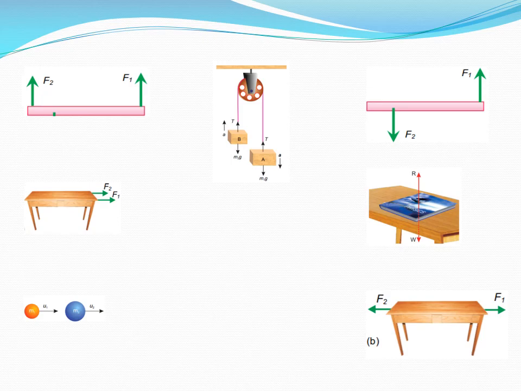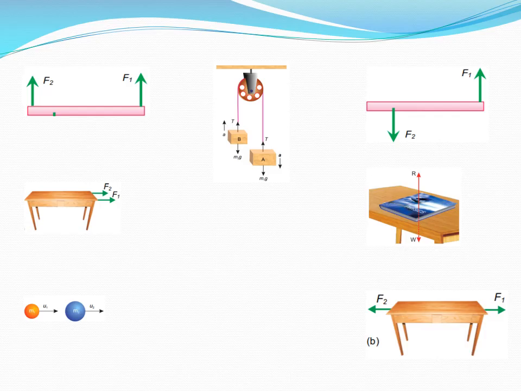So these are just analogies. Similarly, at the left bottom, you see that M1 and M2 are having some vector direction, in the same direction, rightward, and these are parallel. Similarly, at the middle of the slide, you see two objects are being attached and the rope is passing over a pulley. So you see the weight is acting downward and tension is acting upward in both ends of this string. So this makes an unlike parallel force.